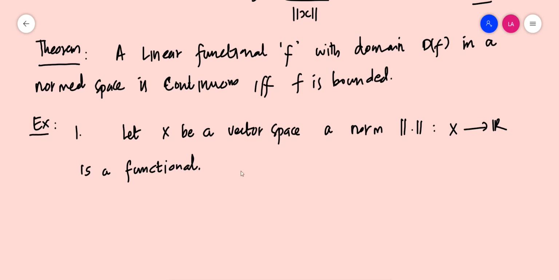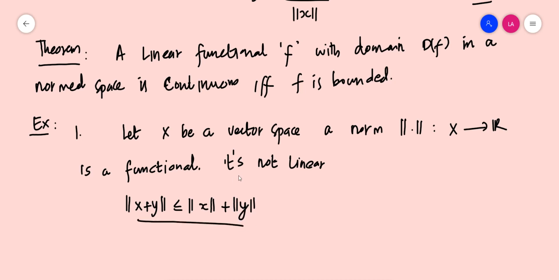Clearly, it is not linear because we have already defined the properties of norm. Norm of x plus y is not equal to, it is actually less than or equal to, norm x plus norm y. Okay. So in the case of a linear operator, norm of x plus y should be equal to norm x plus norm y. But in the case of norm, this is not actually true. So norm is an example of a functional which is defined on a vector space which is not actually